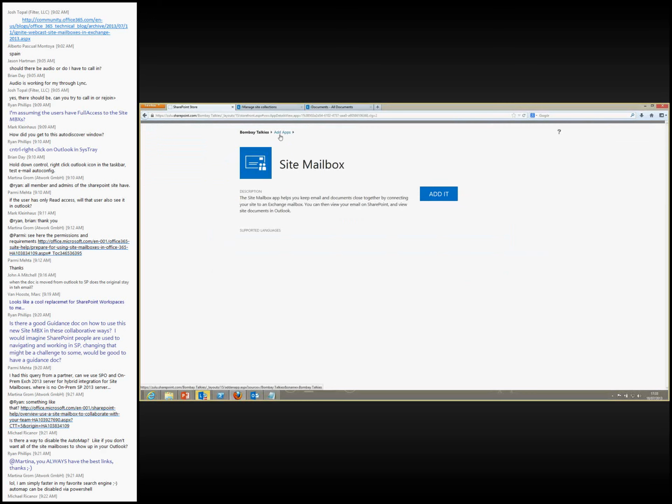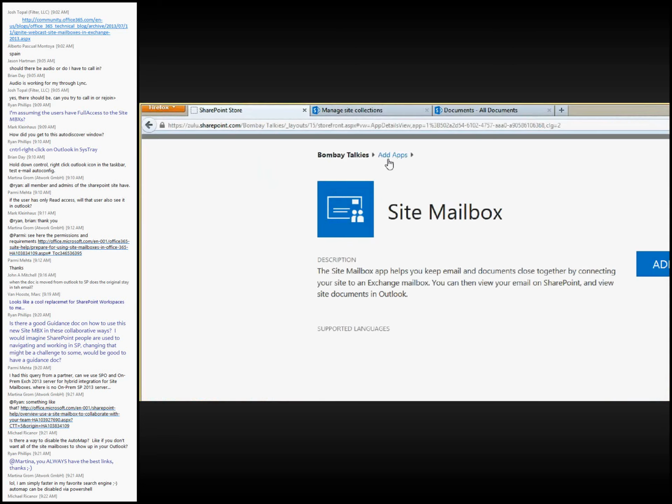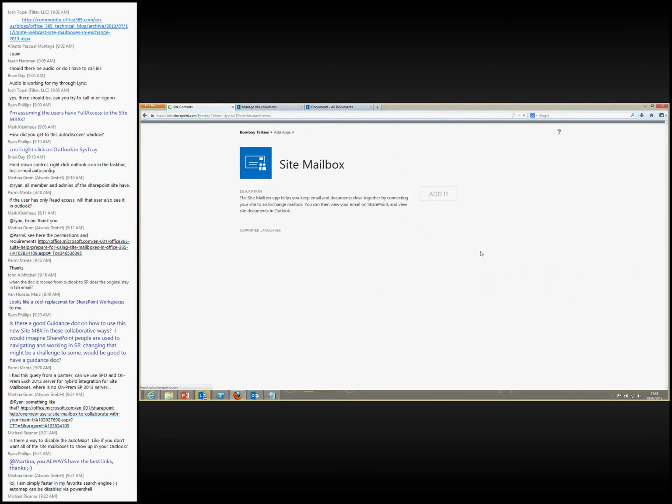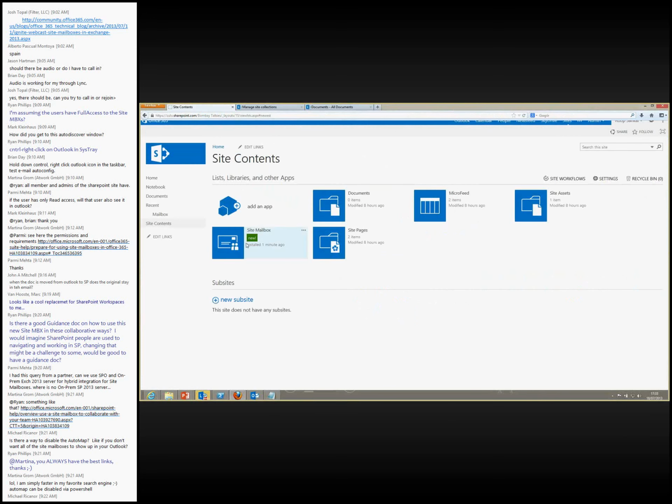It's an application. So it is called a Site Mailbox app for SharePoint. So SharePoint doesn't understand mailboxes or anything of that sort. So it just sees, okay, it's a Site Mailbox app. And so if you look at the very top, it's called adding. You're actually adding an application. And when I click on add it, it's going to add the Site Mailbox to this site of mine, which